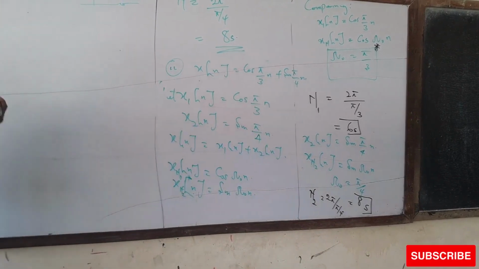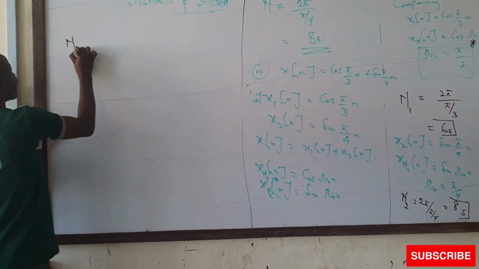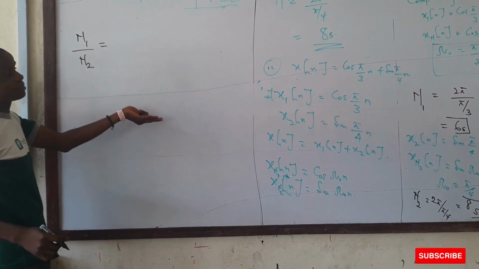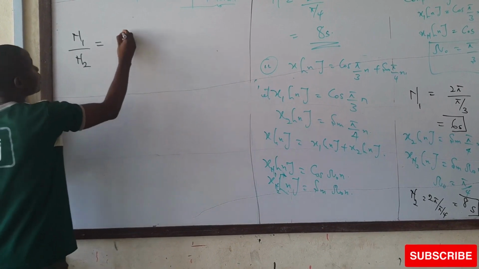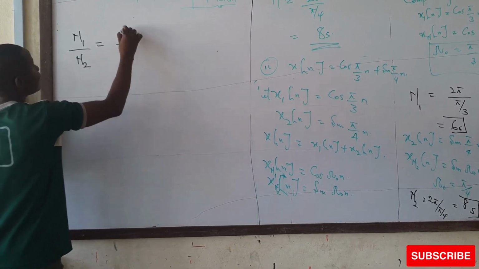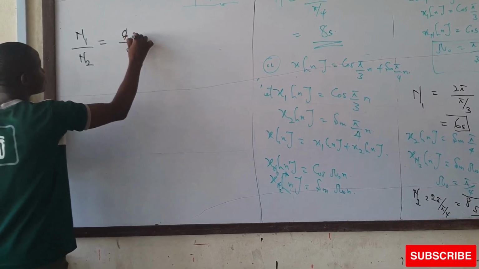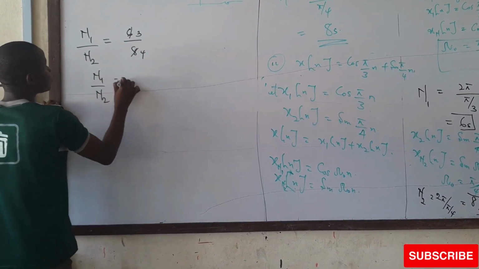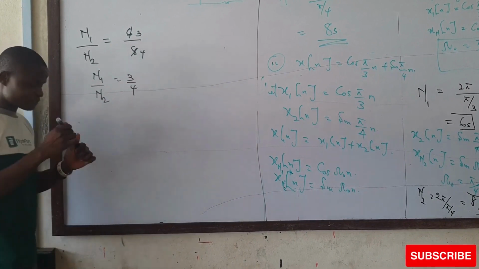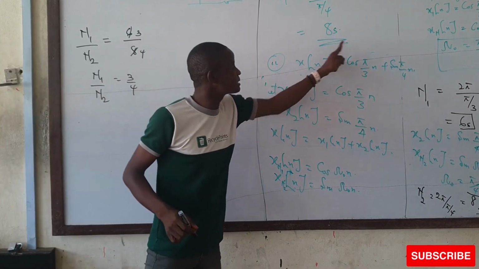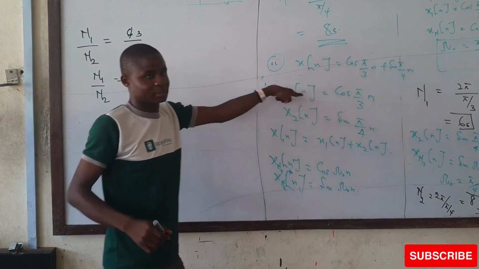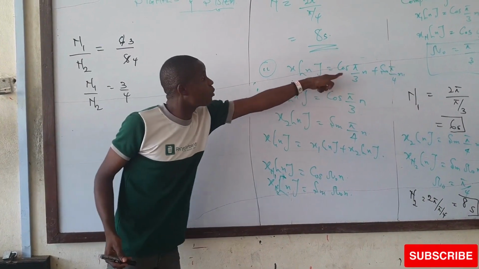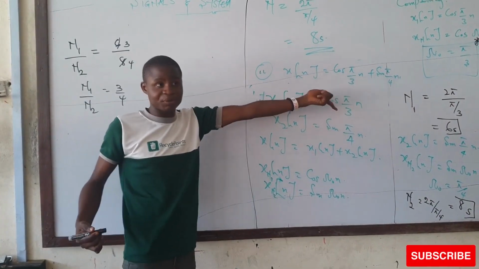So in this case, I'm now going to find a ratio first, n1 over n2, just the same way we did with the continuous time signal. n1 over n2 is 6 over 8. If I break it down, this gives me 3 and 4, so n1 over n2 is 3 over 4. But I must find a period that can represent this x of n. Since I've gotten whole numbers and a rational number, that means the period of this signal does exist, so it's a periodic signal.